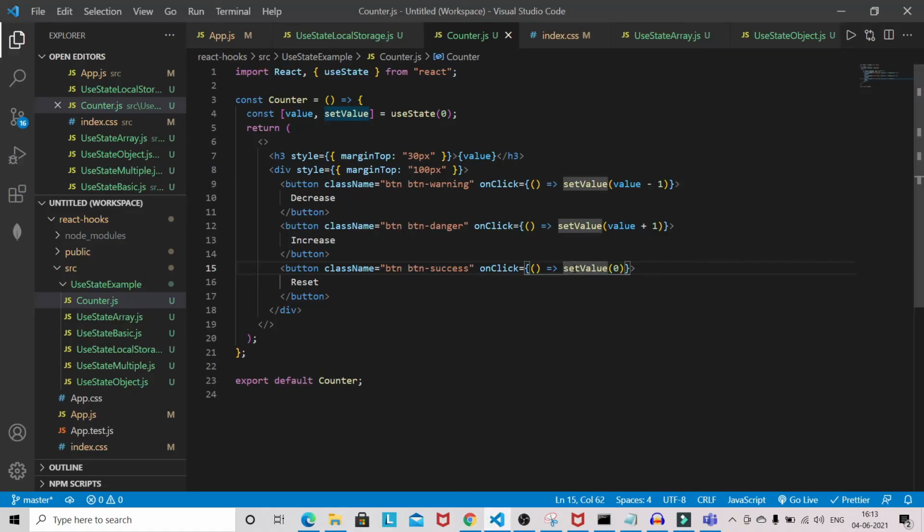Okay, so this is the very basic counter application we have built with the help of the useState hook. I hope you have understood all the different variations of useState. First we saw a basic use case of useState, then we moved forward and worked with the array, object, multiple state values, and also we have worked with local storage, and finally we have built the basic counter application with the help of useState.